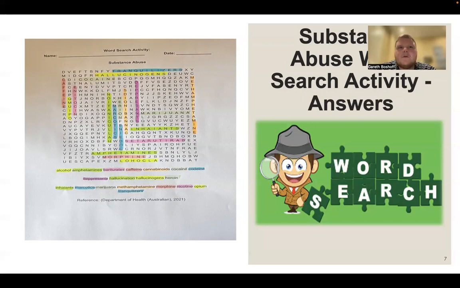I wanted to ask you guys now, can anyone tell me what they think are the 3 main substances used within South Africa? I'm going to give you a few minutes just to think about this before I reveal to you guys what the top 3 used substances are.